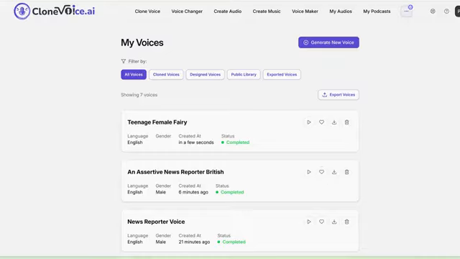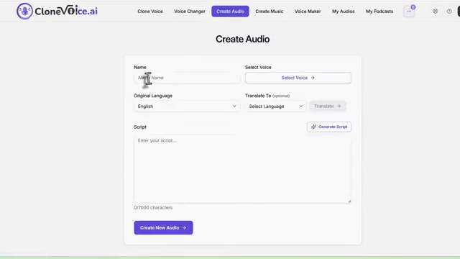You can just click on the heart icon. You see these heart icons right here, to keep it handy, so that you know you created it, if you like it. If you do not, it's okay. What's going to happen is next time and every time going forward, when you click on this create audio section, you'll see these under the design voice, which I'll show you. Create audio, okay? And then let's say we want to do the fairy story, or something.